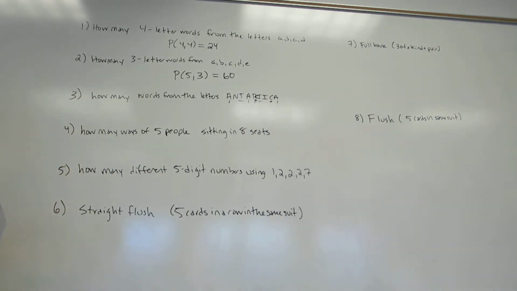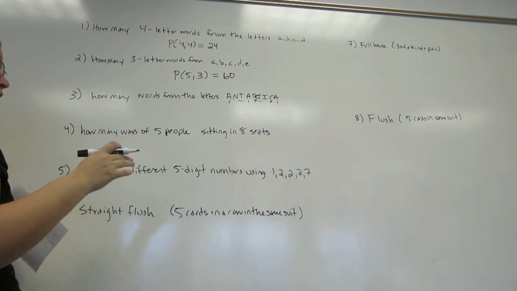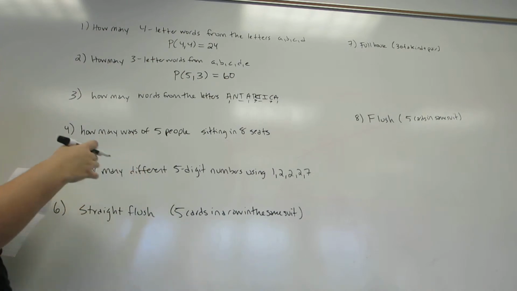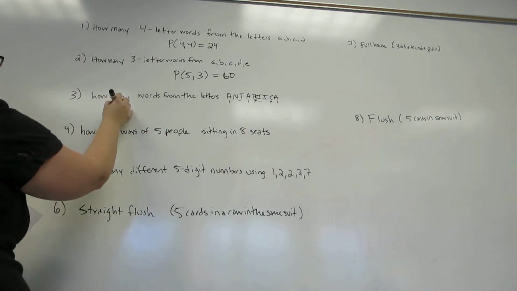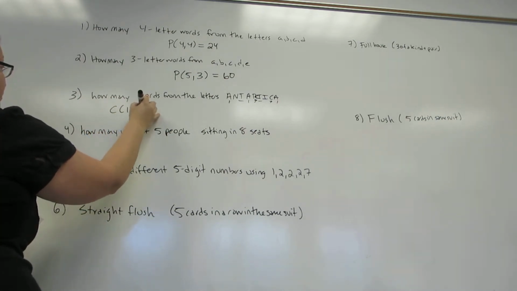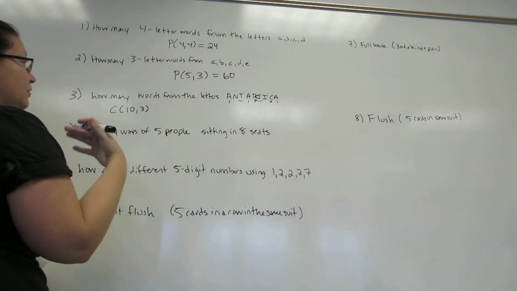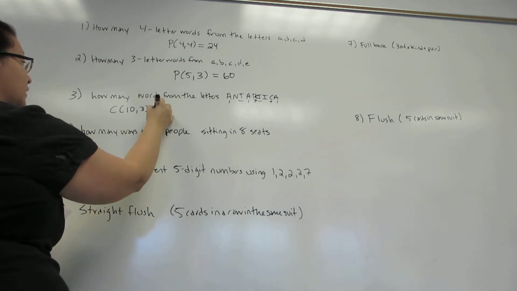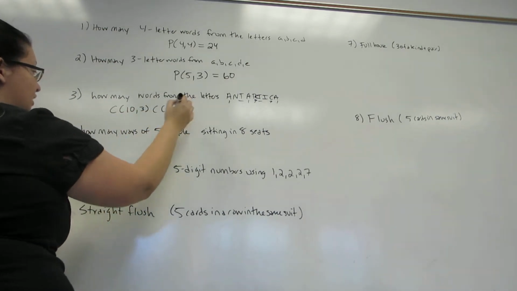So this is actually going to be done using a combination of chooses and perms. First, we're going to choose the spots where the A goes. We have 3 A's. I need to choose 3 spots out of 10 where the A goes. Now, it doesn't matter which spot I choose first, so I'm going to use a combination. This is choosing the A's. Now I'm going to use choose again to choose the spots for the letter T. I'm down to 7 spots because 3 have already been used, and I'm going to pick 2 of them to